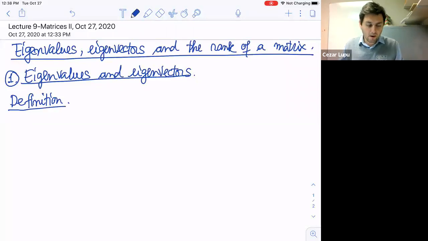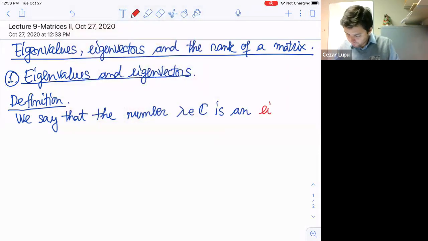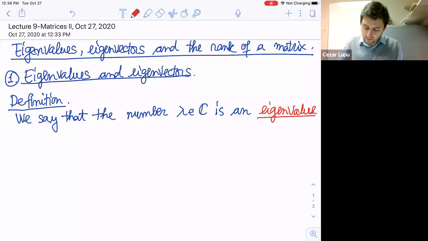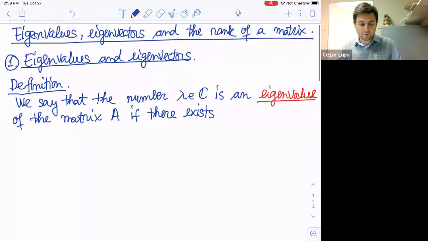So definition: we say that this complex number lambda is an eigenvalue of the matrix A. The matrix A is an n by n matrix this time. If there exists a non-zero vector